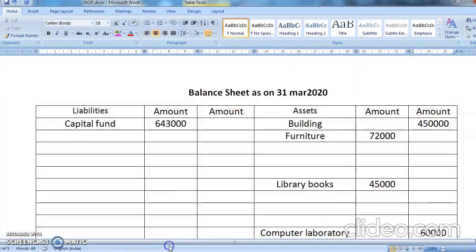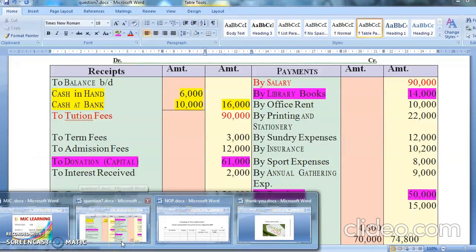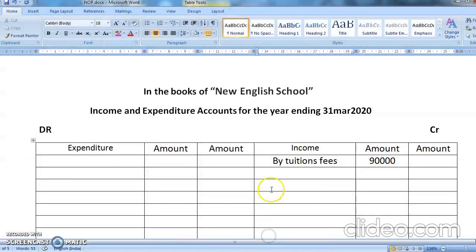Tuition fees is an income, so you'll be writing here by tuition fees. It is having an adjustment, so you'll be writing in the outer column 90,000. Again I'm repeating here, all two items go in by: term fees and admission fees. Both the things will be coming here, so adjustment is there, so we'll leave two lines and write here by